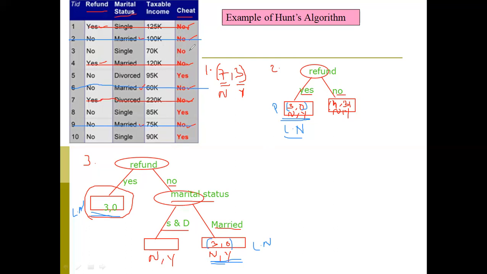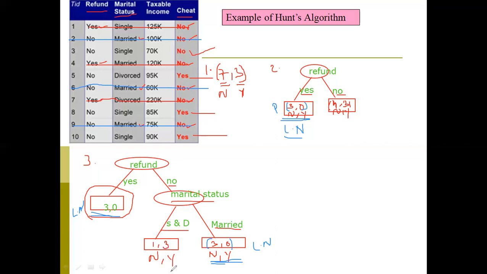Only one no is there, and the remaining 3 are yes. So 1 comma 3. This is an impure node.